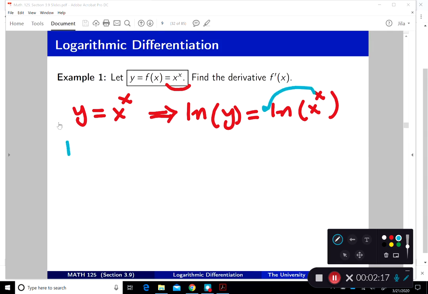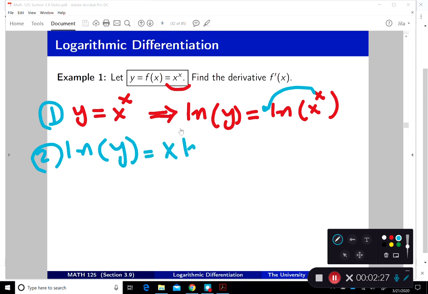So I will get step 2. This was the first step: you take the natural log. Step 2, I use my logarithmic laws, and I do this. Then what would step 3 be? I haven't taken a derivative yet. So step 3 is